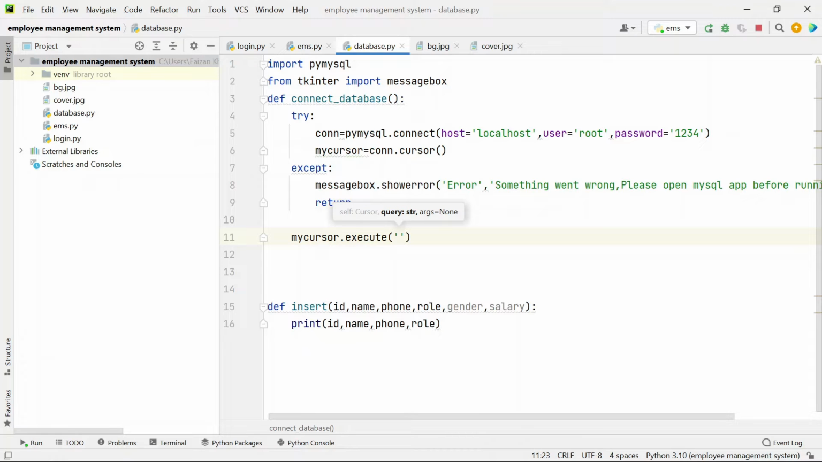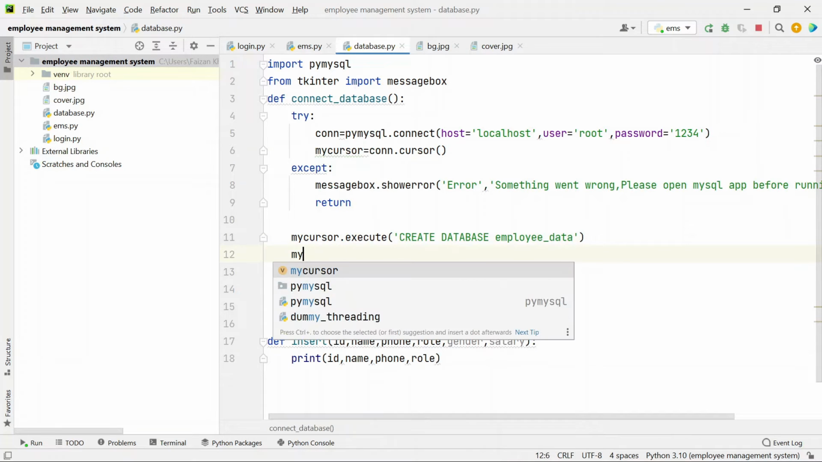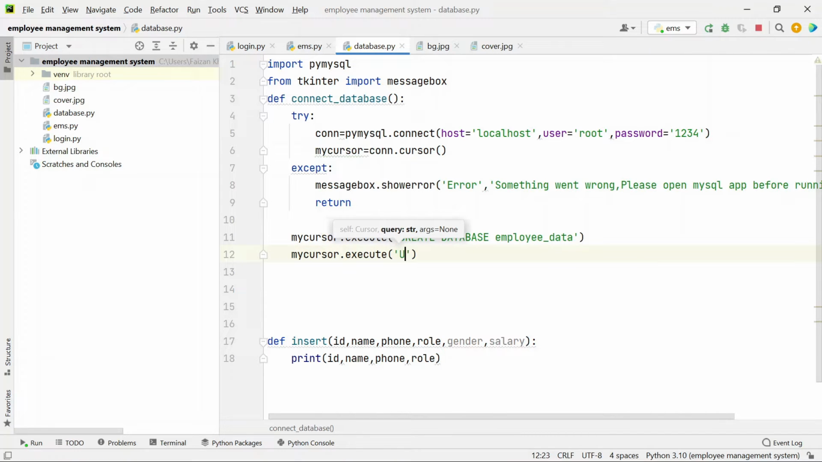So we'll write here create database, and then the database name, which can be employee data, like this. So this is the first command. With the help of this command, a database will be created with this name, employee data, and then we will use that database. So we will execute one more query, use this database after it is created. Okay,